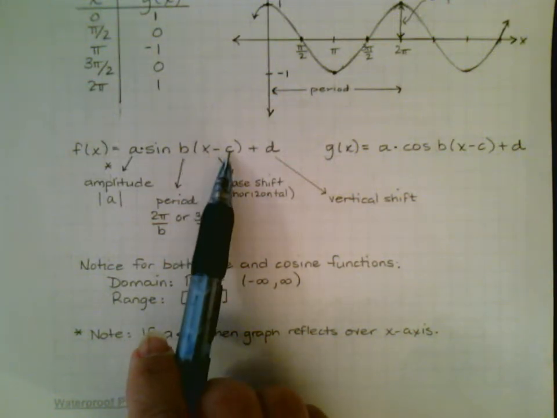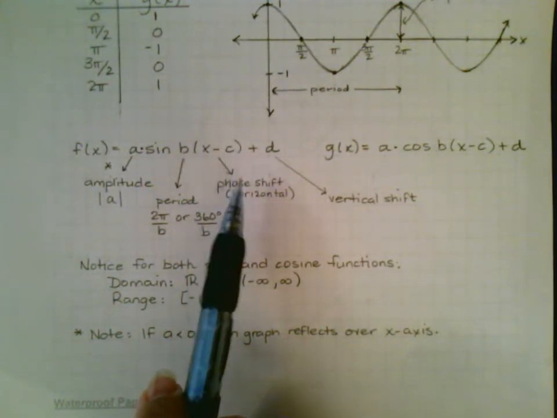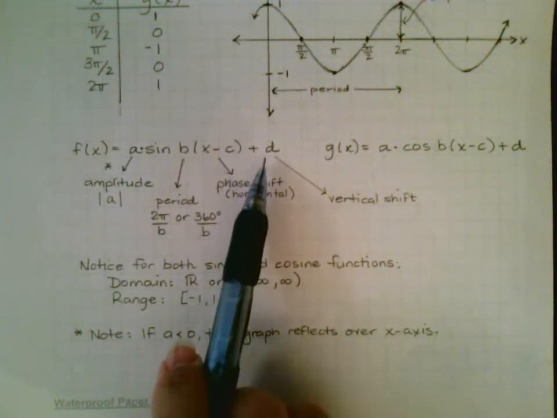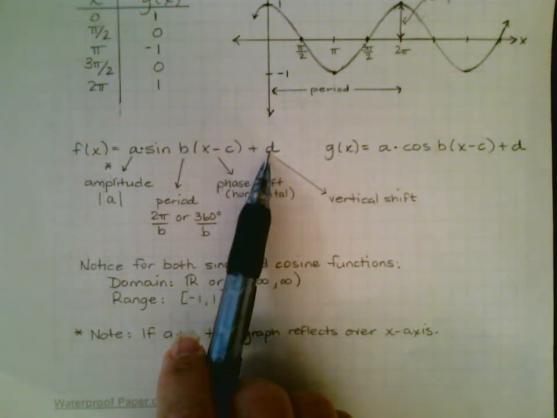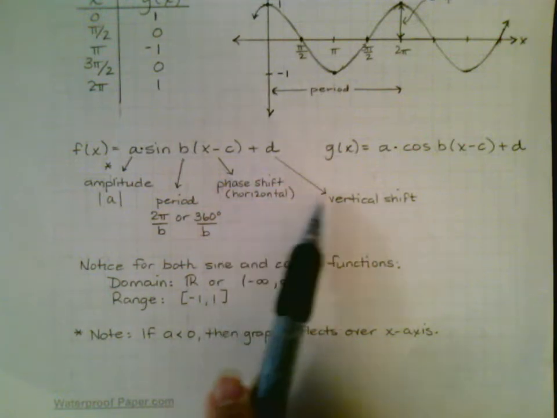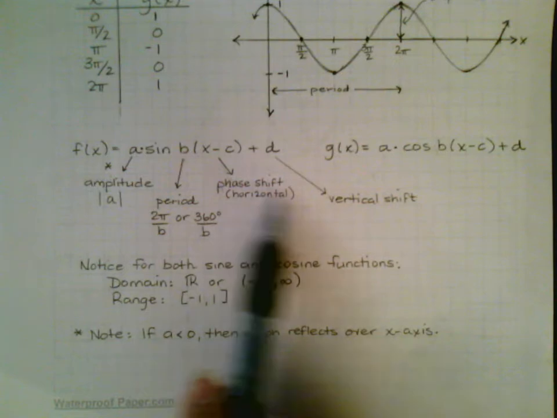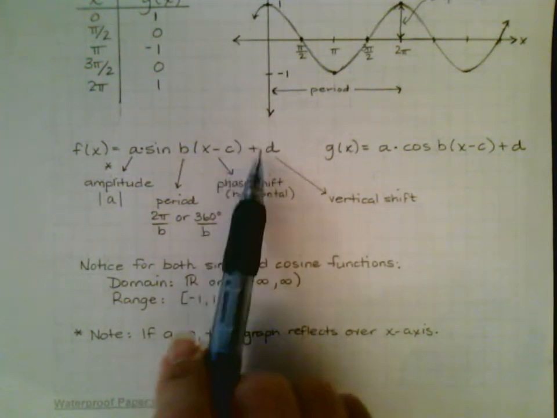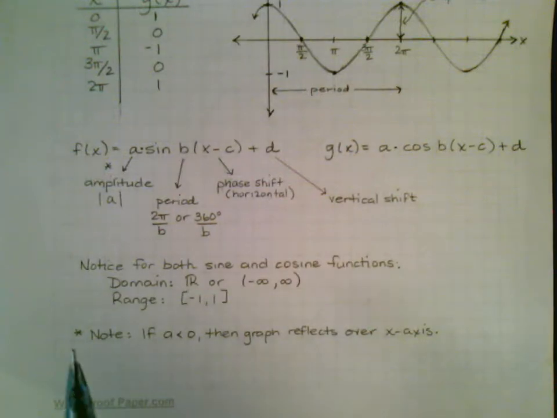The C is the value that you are adding or subtracting to your angle, and that will cause us to have a horizontal phase shift depending on that value. And D is that value on the outside of the function that we're adding or subtracting that will result in our vertical shift. And these two behave in the same nature that all the other functions have that have dealt with those values as far as transformation goes. All right, so